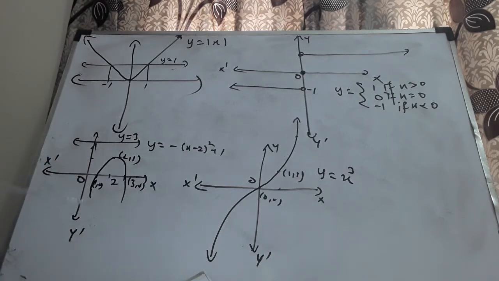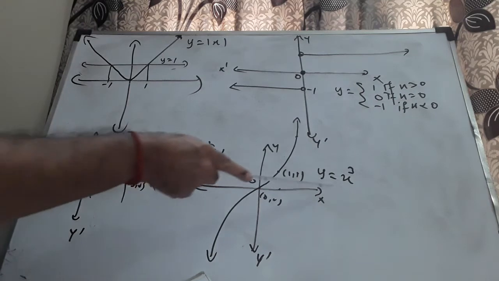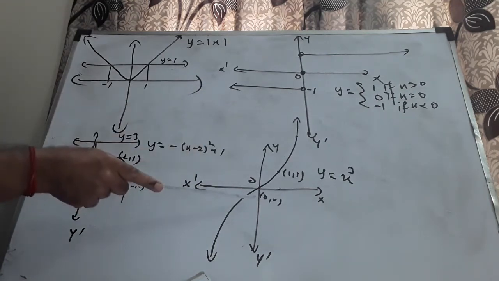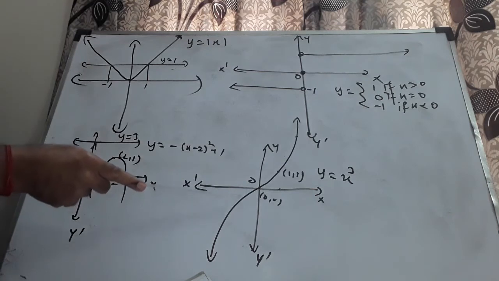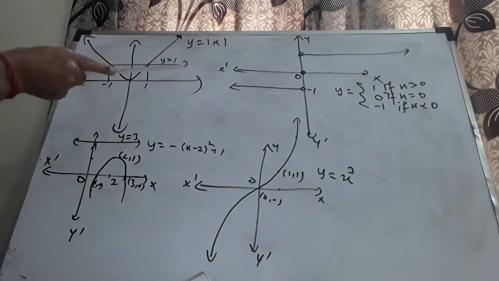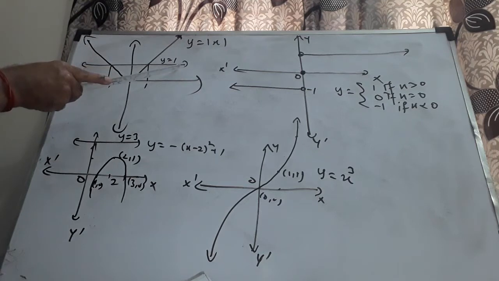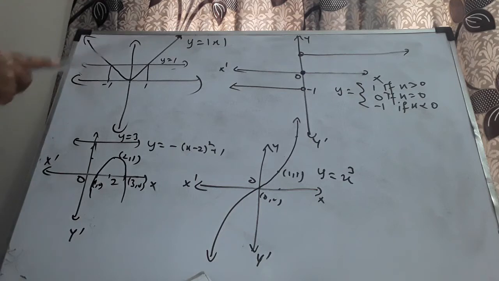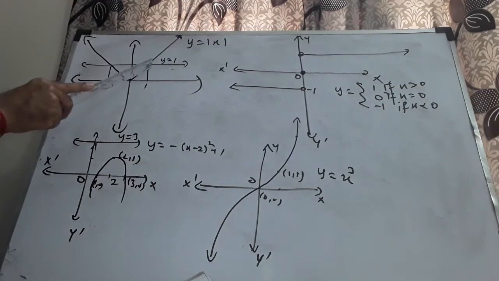Listen carefully. Here, y equal to x cube is of course the curve. It passes through 0, 0, 1, 1, 2, 8, and of course minus 1, minus 1, minus 2, minus 8, etc. What I will do is draw a horizontal line y is equal to 1. It intersects the curve at 2 points, namely minus 1, 1 and 1, 1. It means that the image for minus 1 is 1 as well as the image for 1 is 1. Therefore, two elements have the same image, so it is not 1 to 1.